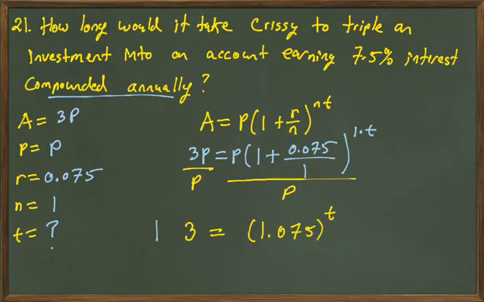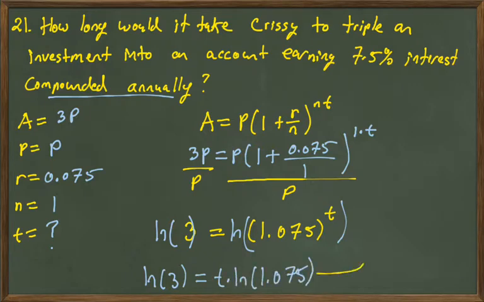t, which is t. So we are trying to solve for an exponent, and so we want to use a logarithm and the power rule. So we've been using the natural log. So we're going to take the natural log of both sides. You can also use log base 10. Take the natural log of both sides. So the natural log of 3 is equal to, and we're going to use that power rule that brings down the t. So t natural log of